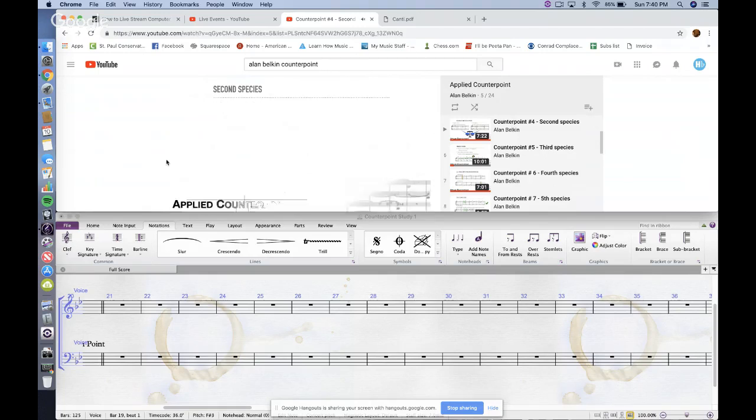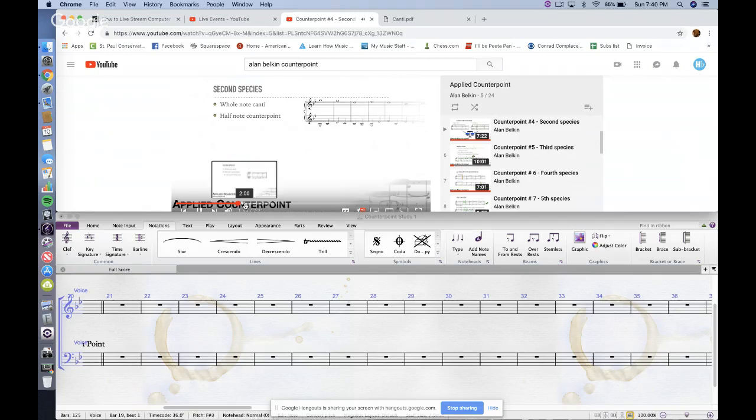Now let's get back to second species and take a closer look. While still using the same whole note canti, the added part will now be in half notes. This means there will be 2 half notes in the added part against 1 whole note in the cantus. The only bar where we use a